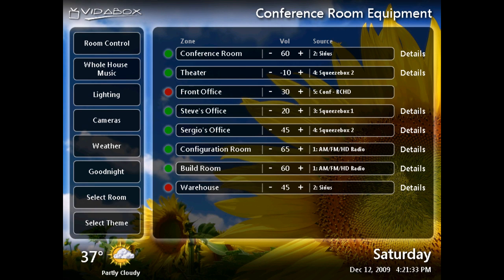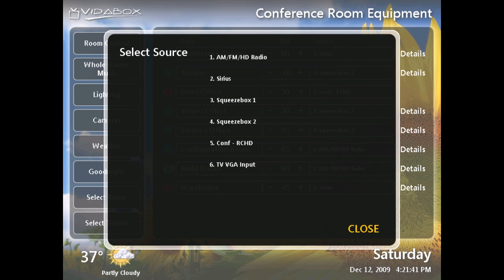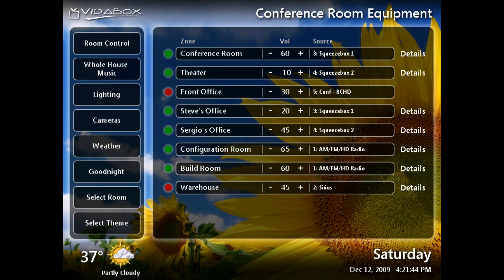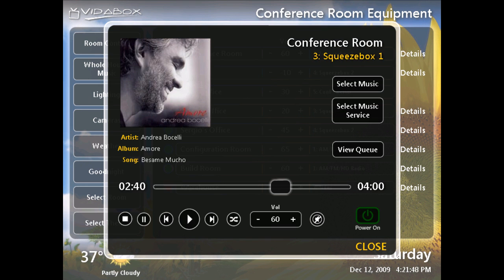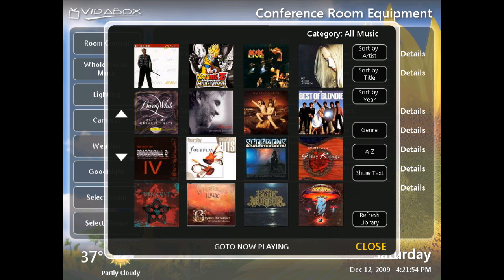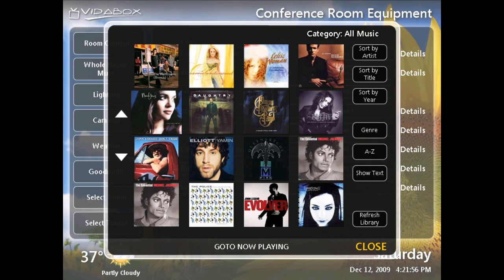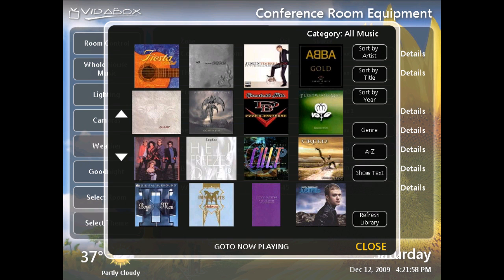To listen to my music collection or internet radio sources like Pandora, Rhapsody, Shoutcast, and more, I can select a Squeezebox device. To control it, we can click on Details to see what's currently playing. To select a song from my collection, just click on Select Music, where I can now browse through my collection by cover art. Pick the album I want,